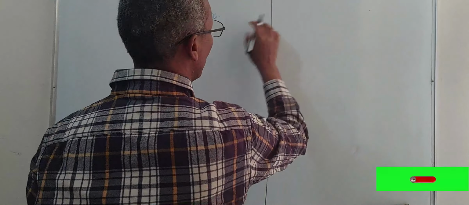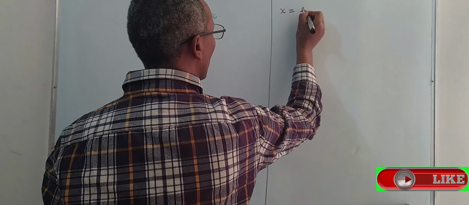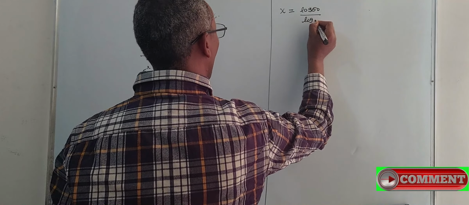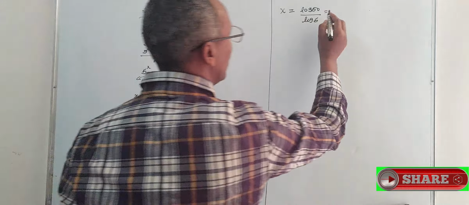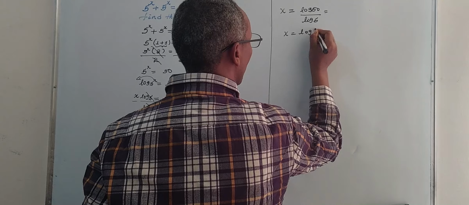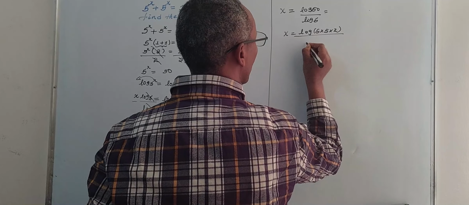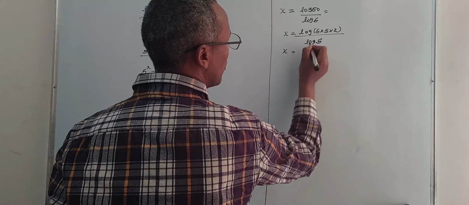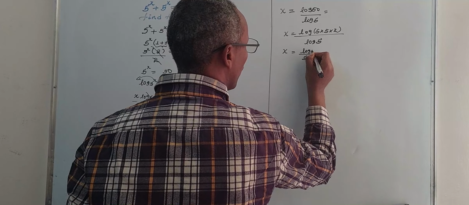So what I'm trying to say is x is equal to log of 50 over log of 5, right? So 50 means, like I said, you can plug this over here. So you will get that x is equal to log of 5 multiplied with 5 multiplied with 2, okay? Over log of 5, okay? Now what you can do is